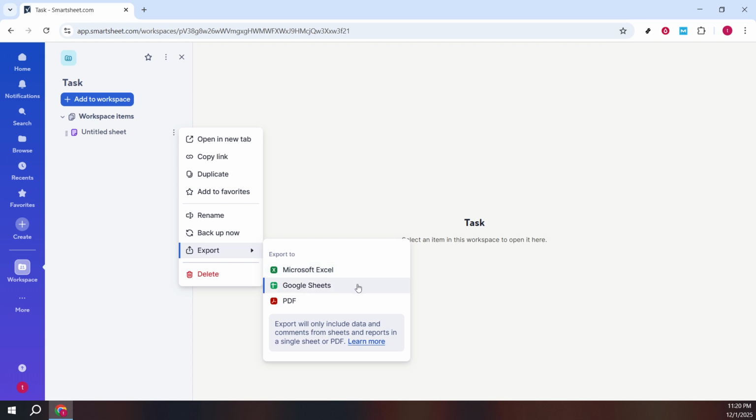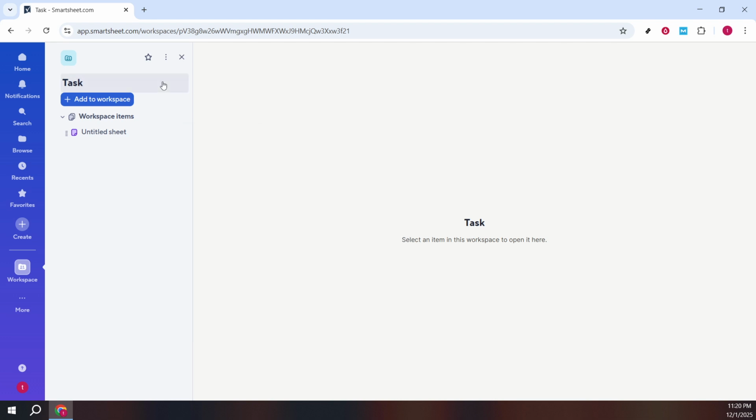Depending on your organization settings, you may see a brief prompt before the export continues. That's normal. The export creates a one-time snapshot, so changes you make in one place won't automatically sync to the other. If you prefer to start from a higher level, you can also access the three-dot menu at the top